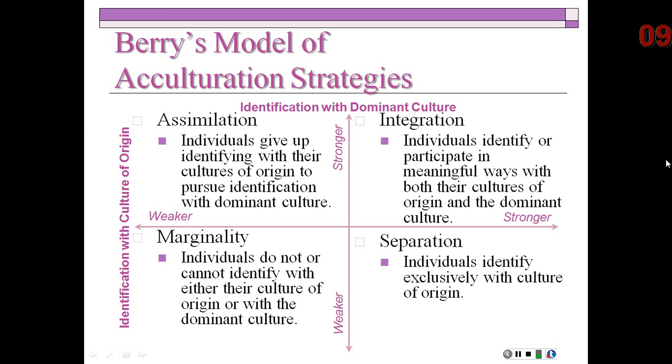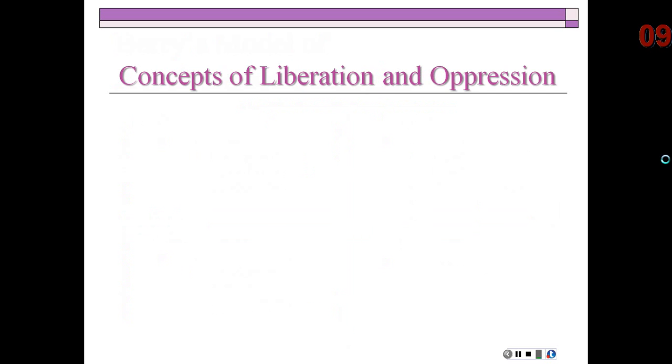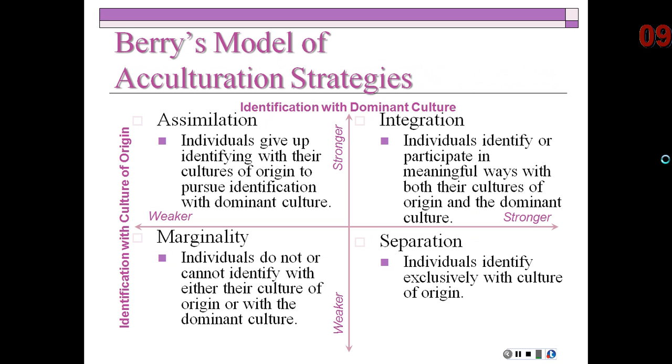So I'm not going to go into each one of these in detail. The book explains them fairly well, so I'll let you read them from there. The major note with this, however, is that the book has it set up in sort of categorical terms. You're only assimilated, or you're only marginalized, or you're only integrated. That's not the case, right? So understand that these are a continuum. It goes from weaker to stronger on both aspects. So I can be a person who's sort of right here, right? Or I can be a person who's maybe down here a little bit. So just understand and note that.